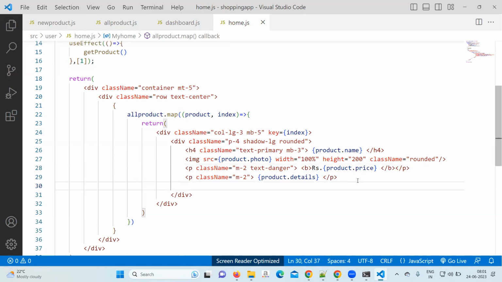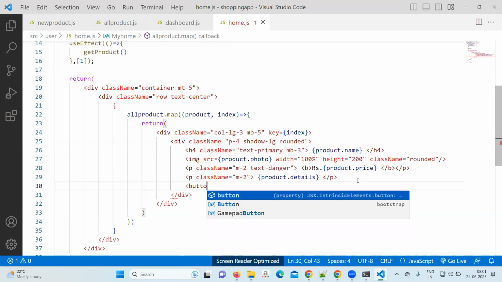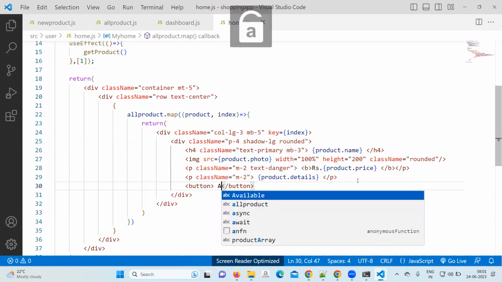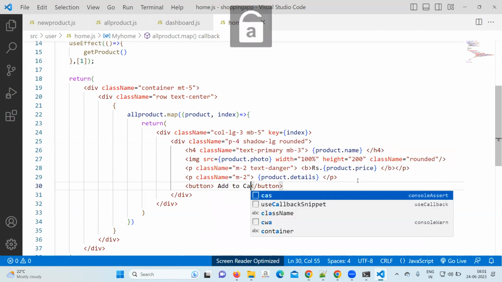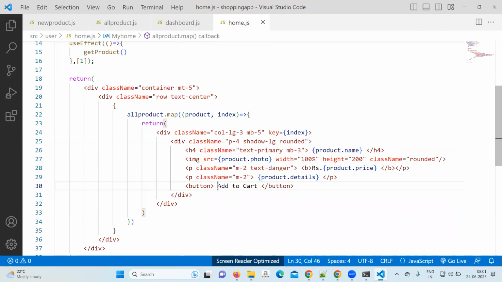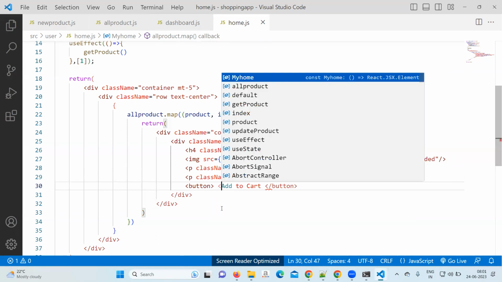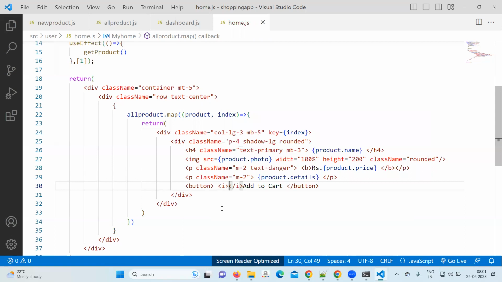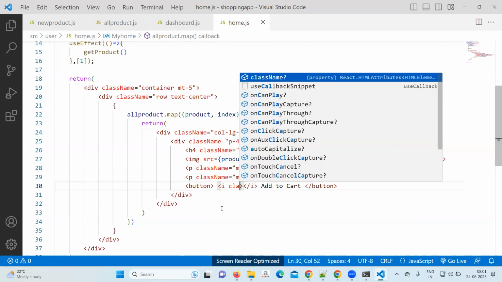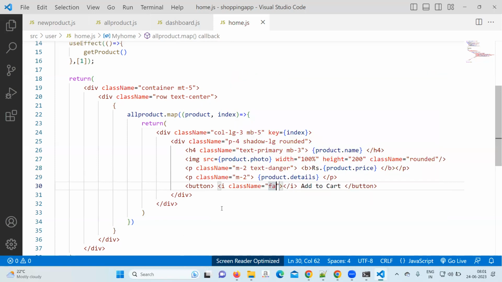Then at last you add a button: Add to cart. You can write an I tag with class FA hyphen plus,